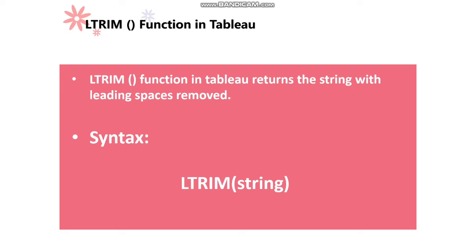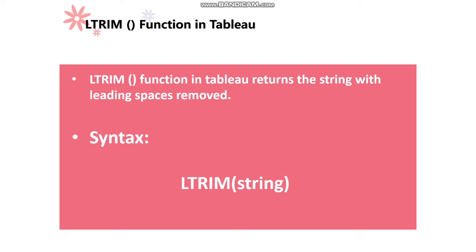Before we get to know about LTRIM, we need to know about TRIM. TRIM is a function in Tableau which also trims the string, but it removes both the leading as well as trailing spaces from the string passed within the TRIM function. But when we have data with both leading and trailing spaces, and we only want to trim the leading spaces, then we should go with the LTRIM function